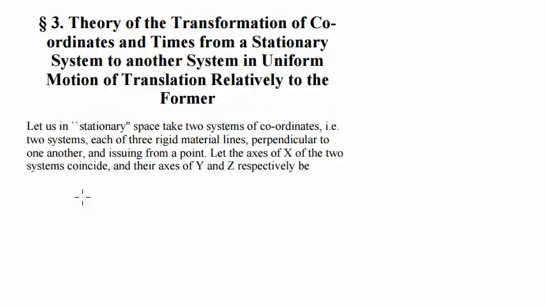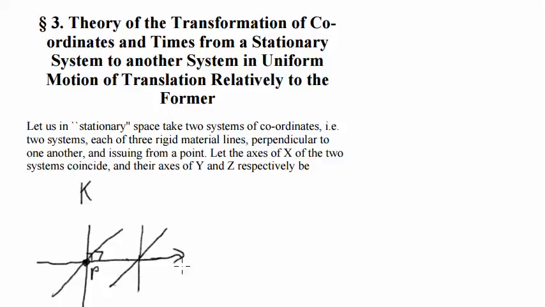Let us, in stationary space, take two systems of coordinates, i.e. two systems, each of three rigid material lines perpendicular to one another, and issuing from a point P. Let the axes of x in the two systems coincide. So we'll have the other system maybe go like that. So this is the x coordinate, and their axes of y and z respectively